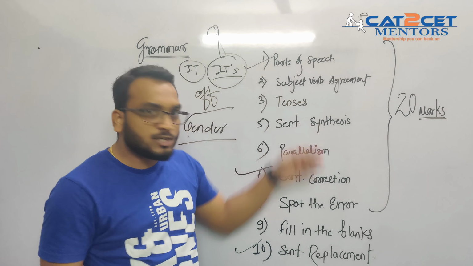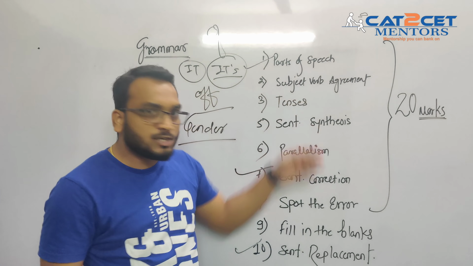Once you do all these things, what is parallelism? Parallelism का मतलब होता है, parallelism में एक बहुत बड़ा sentence आपको दिया जाता है. What do you have to do in parallelism? You have to cut it short. It means you are given the sentence in your examination, in your paper. You have to take out unwanted information and make a sentence grammatically correct by taking out unwanted information, right? वो बन गया आपका parallelism.